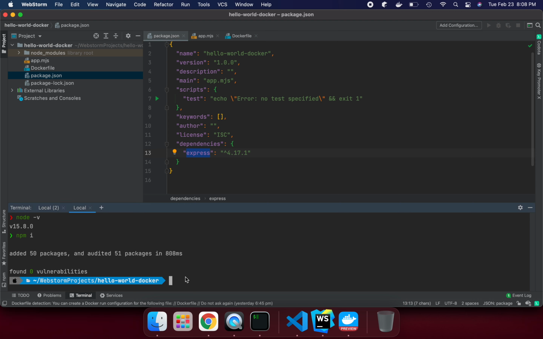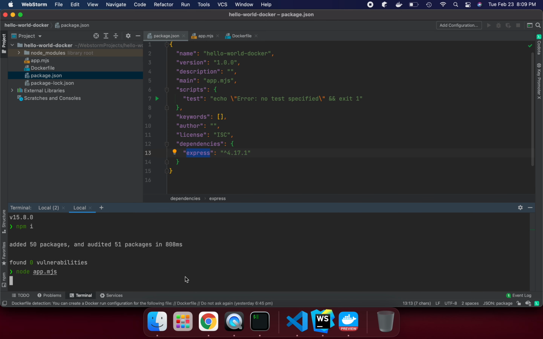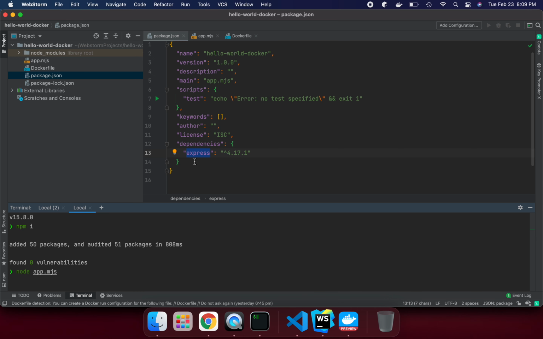So once this dependency is done, we are saying this is my current folder, hello world docker, I am running under this, and then node runs this project, the application app.js directly. So if I refresh it again, it's working for us, right? The same thing, we are going to talk about those steps with a Dockerfile, basically.